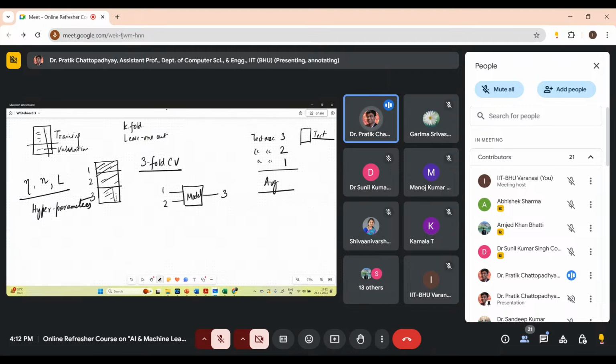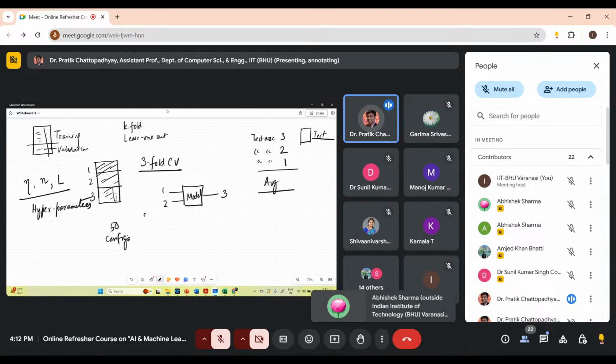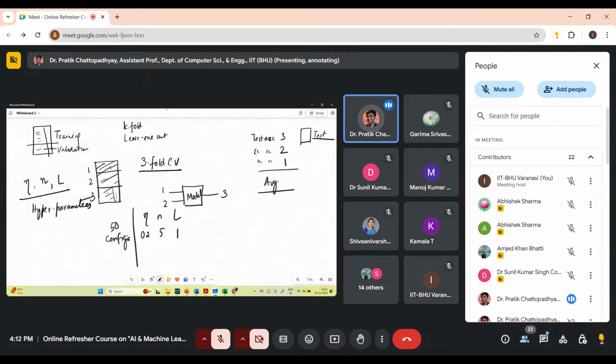So we basically fix different configurations. Let's say 50 different configurations. Say eta is 0.2, number of hidden neurons is 5, number of layers is 1. This is configuration 1. Second case, eta is 0.05, number of hidden neurons is 10, number of layers is 2. So likewise, let's say we consider different configurations, and for each of these configurations we can compute the average cross-validation